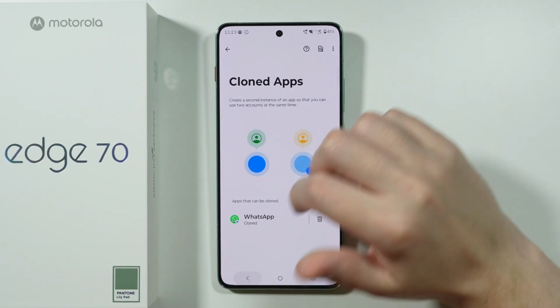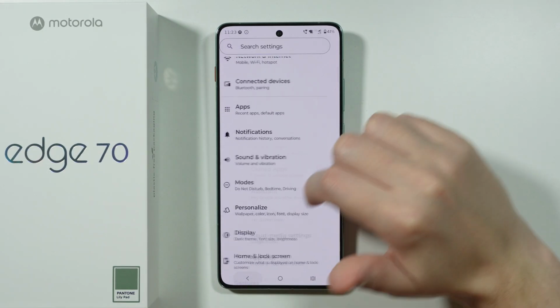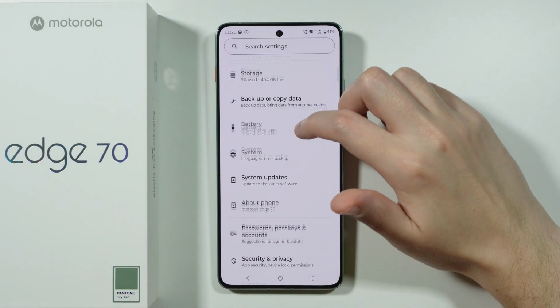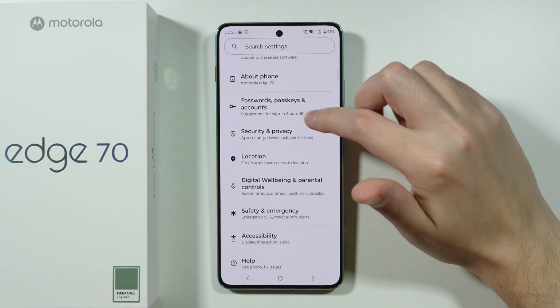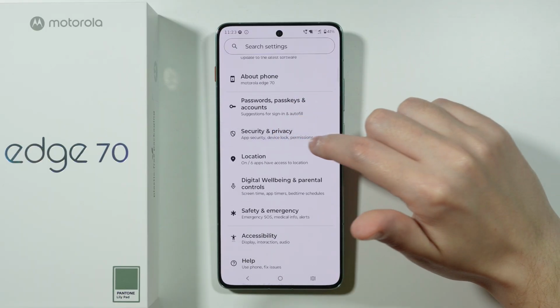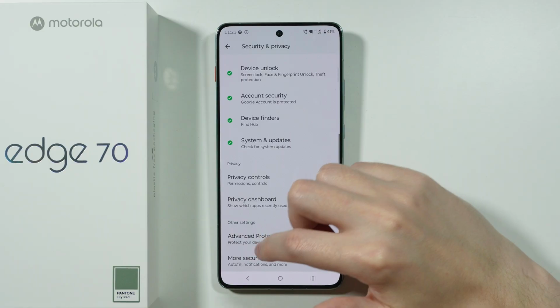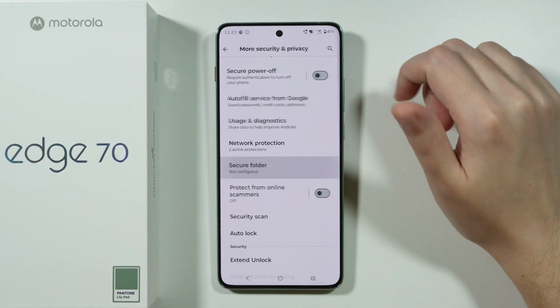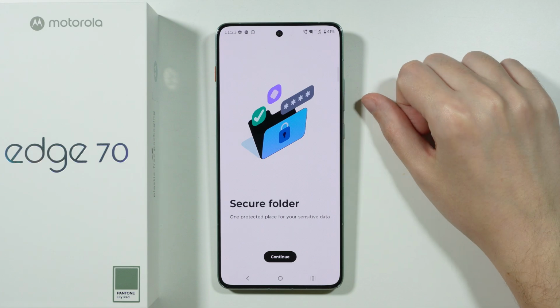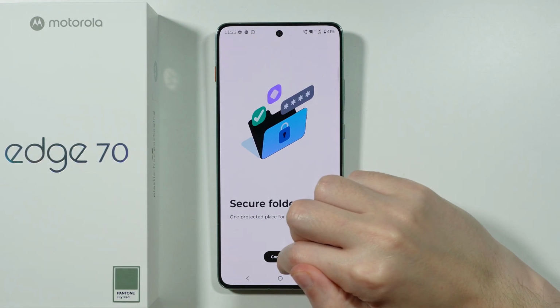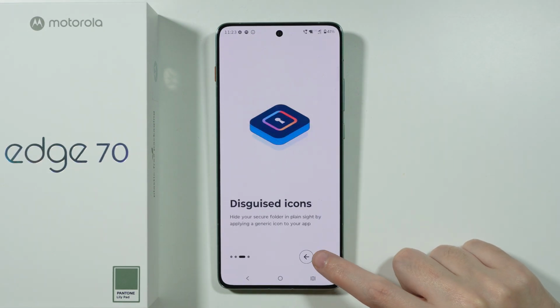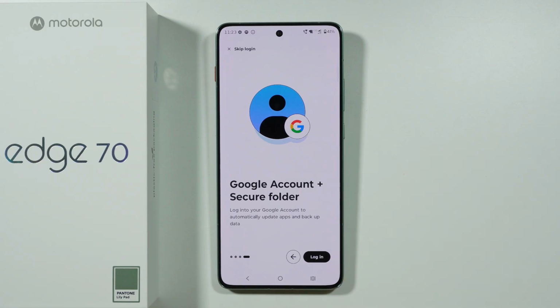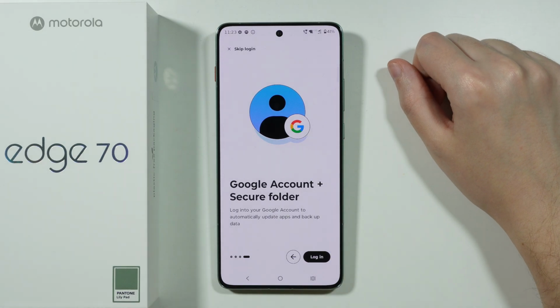But if you want to clone more apps, then in that case we can use a secure folder. In order to set up the secure folder, we need to go to Security and Privacy. Next, we're going to scroll down and go to More Security and Privacy, and then in here we have the secure folder. We can allow notifications to be sent by secure folder. Let's press Continue, tap on these arrows, and you can log into your Google account, so you can actually have